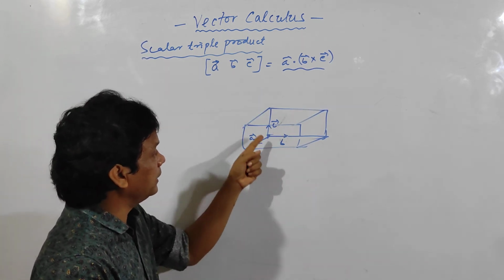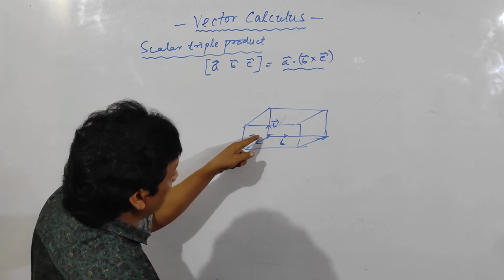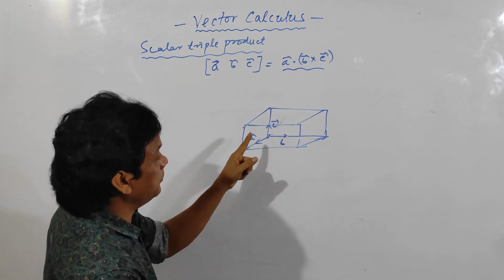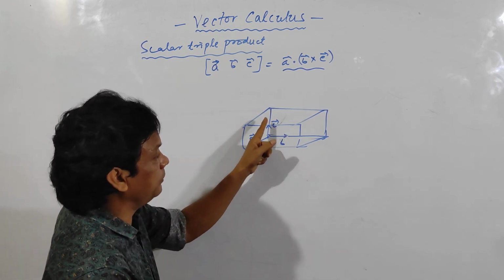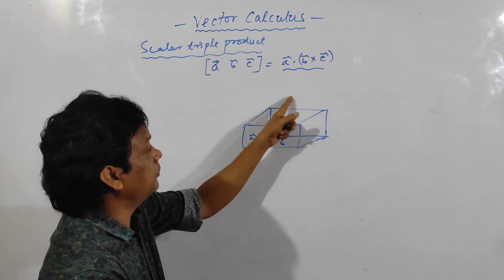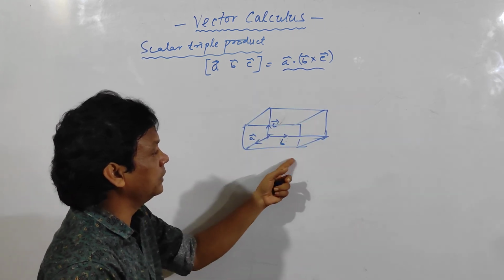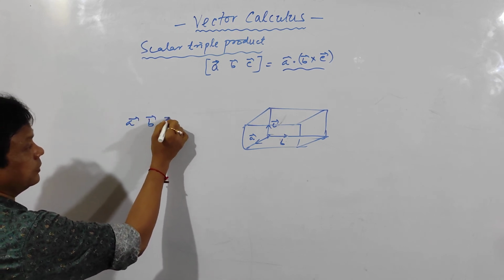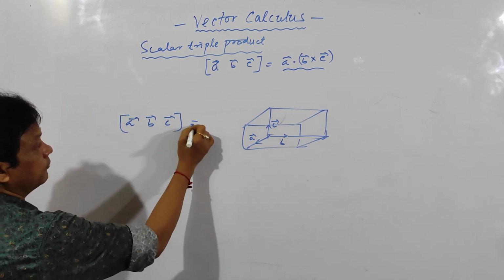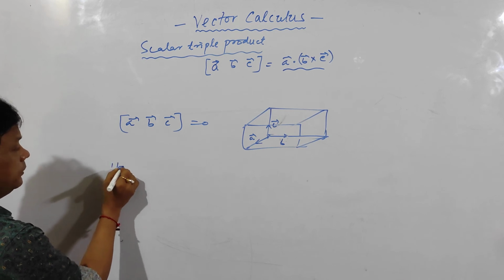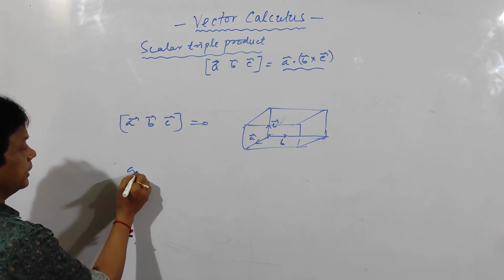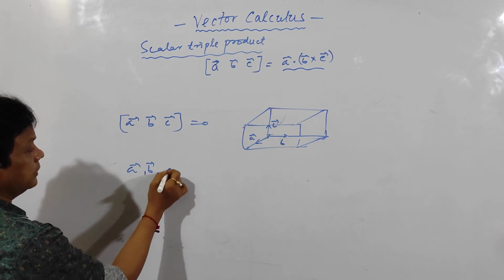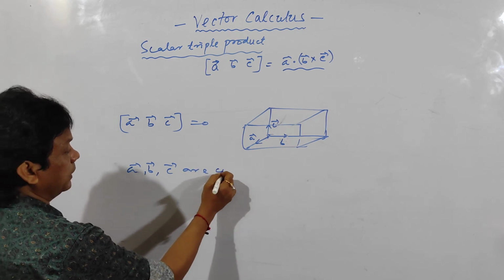And if there is no height, that means if this vector lies on the plane of A and B, that means the A vector, B vector, C vector will be coplanar. Then there will be no volume, no three-dimensional figure. That means the A vector, B vector, C vector triple product will be equal to 0. That means this is the condition. A vector, B vector, C vector are coplanar,